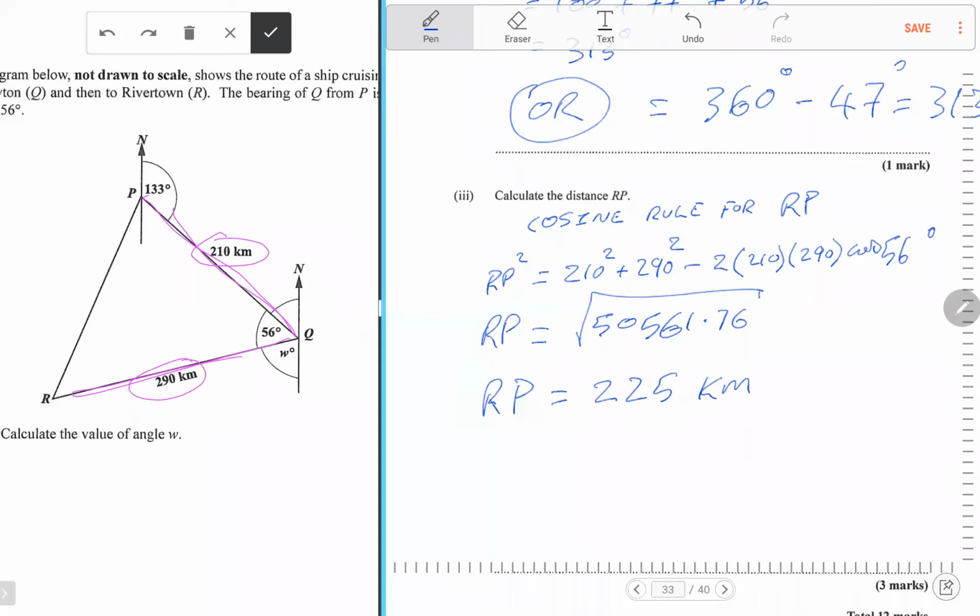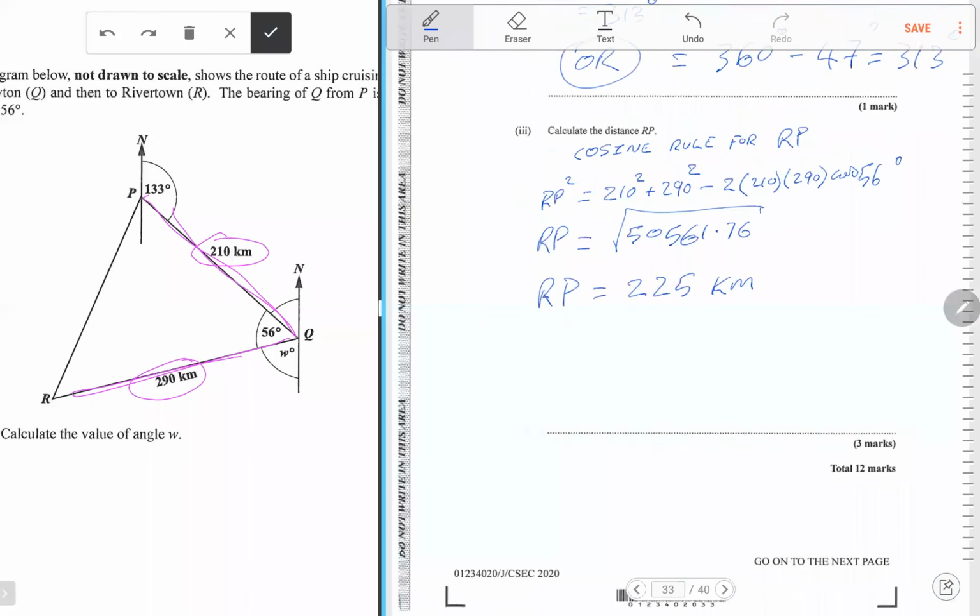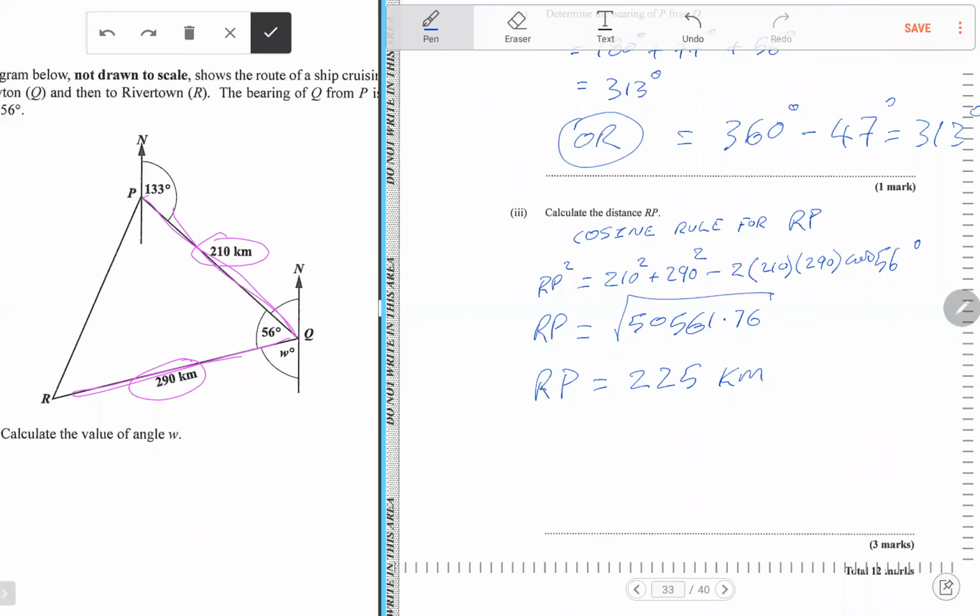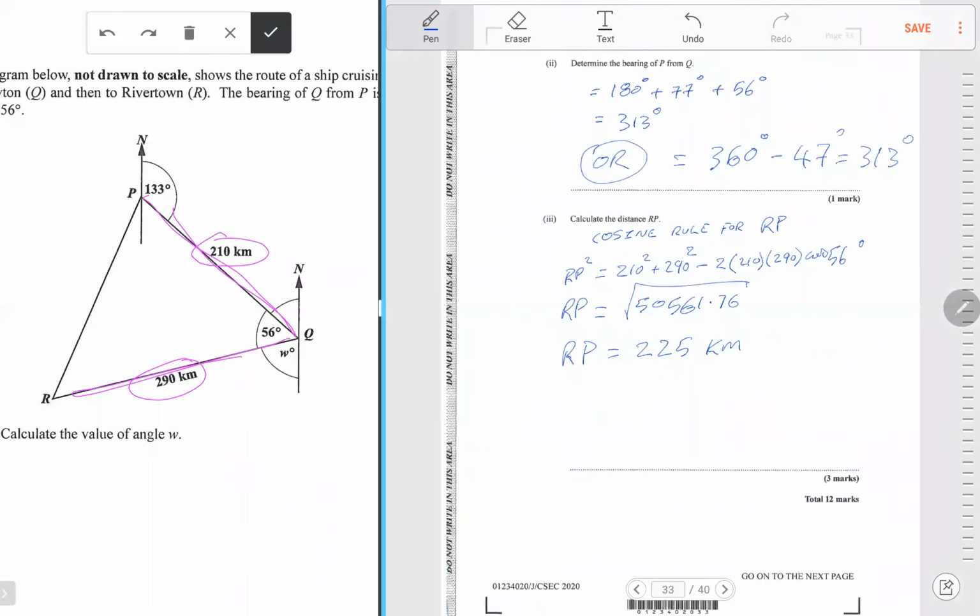All right. So that is that. Let's see what else they want us to do. Check your calculation, guys. All right, so that ends that question there. So that's question 9 finished. Let's go back now to